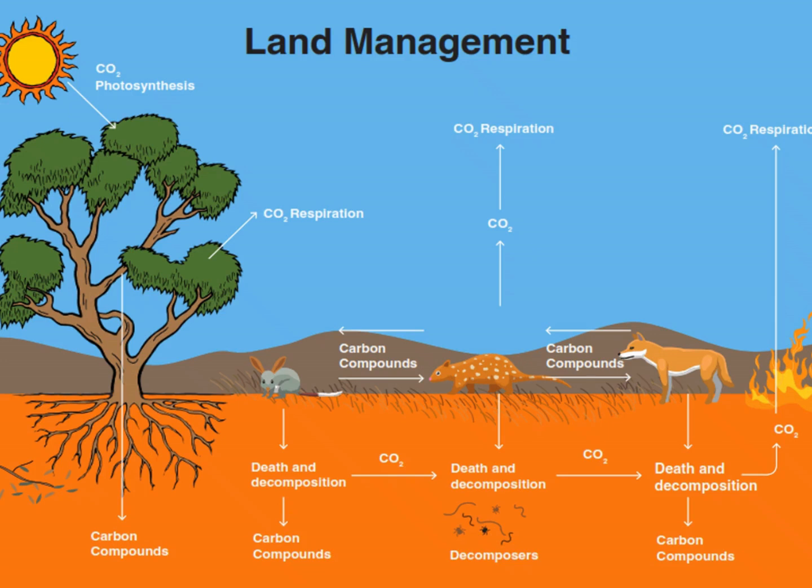On the screen here, I've just put a little diagram of a carbon cycle, but in the context of general land management in Australia. So up the top left there, you can see photosynthesis is taking CO2 and storing it within the plant material there. And some of that CO2 is breathed out by the plant, because all living organisms breathe just like we do. Some of those carbon compounds are stored within the tree or leached out into the soil as root exudates, or as leaf material that's dropped onto the surface.